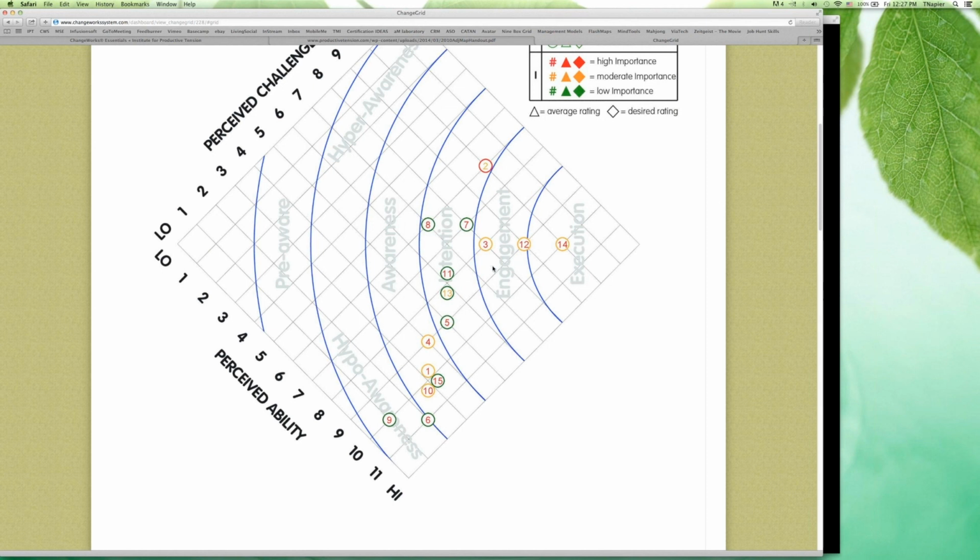That being said, if I'm plotting a little bit further downgrid, now there's an ease that's coming along with the whole thing. My level of ability is still high, but the challenge is starting to come down a little bit. So I am no longer in the rapids for the first time trying to figure out how I'm going to navigate this raging river. Now it's more like I've been on this river many times.